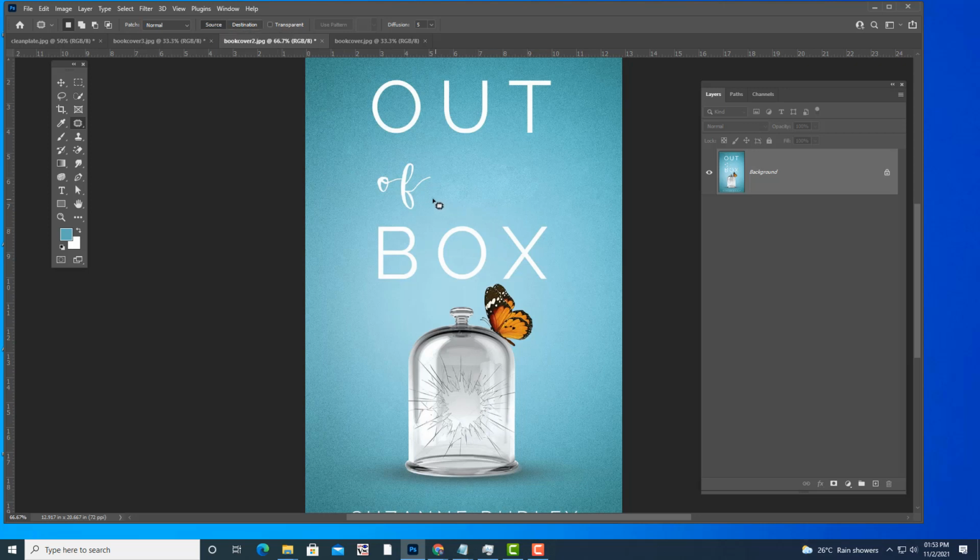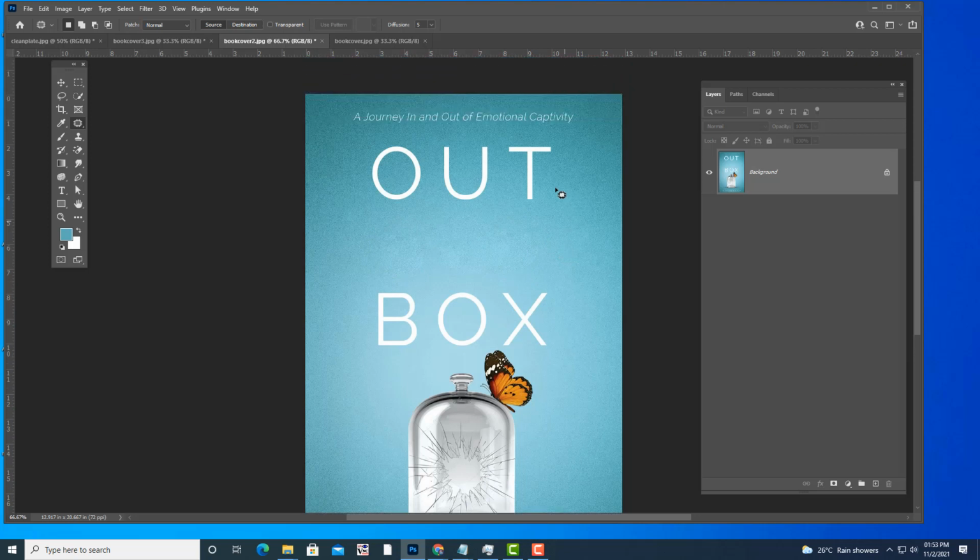Same thing if you want to remove this off, just draw a selection around this off, and then move it like this. Then draw a selection around this, and then see. So this is another way, in case you are not able to remove it with content aware.